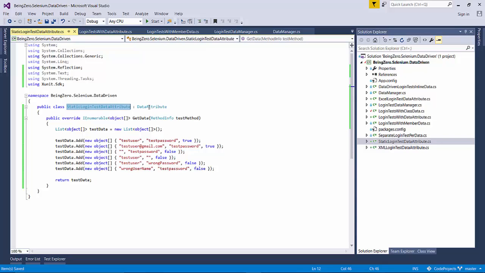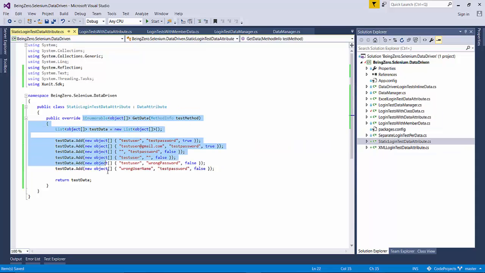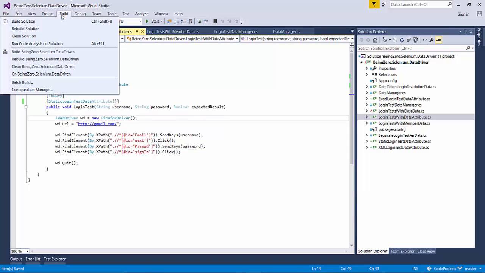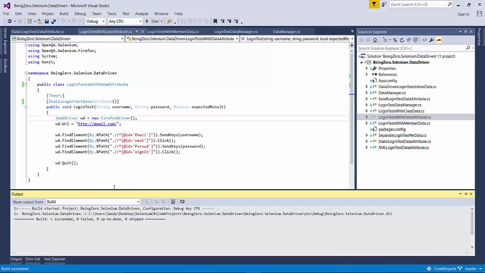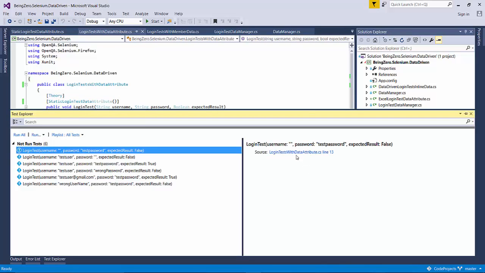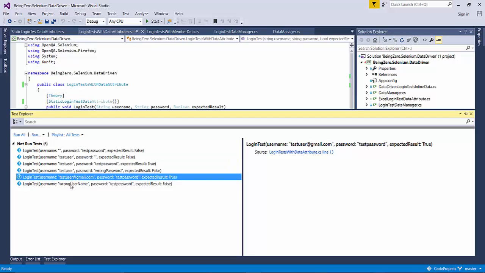So simple two steps: we define our own attributes by extending from the abstract class data attribute, which is part of XUnit. Then we override this function, and this is the function that will be used automatically by our test code. So let's compile our solution, build our solution now. And now if we take a look at these test methods, then these are the ones which are running with data attribute. So this data is coming from the